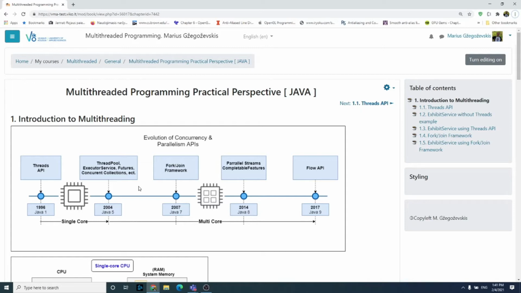Basically it's all technique, but a lot of books maybe appear only after some decade or so. And in Java 9 they also introduced the Flow API,